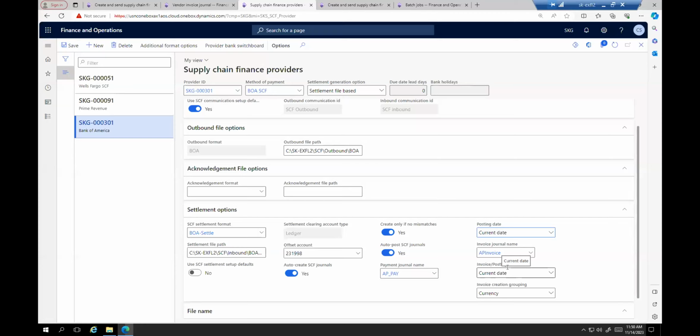Chuck, did you say the turnaround for formats is about what our existing customers are used to when they're doing a new EFT format, or do formats like Wells Fargo, Prime Revenue, and B of A take a little bit longer, or about the same? About the same. There are kind of offsetting factors there. The formats themselves are a lot simpler, but typically there are 1, 2, or 3 formats.